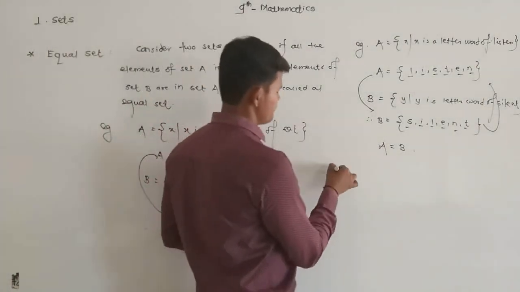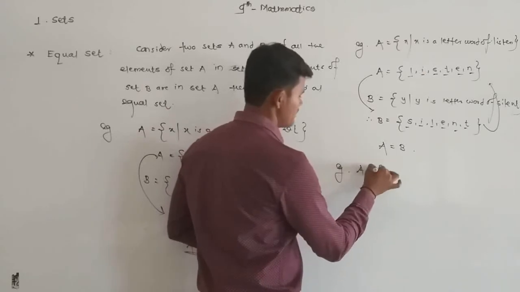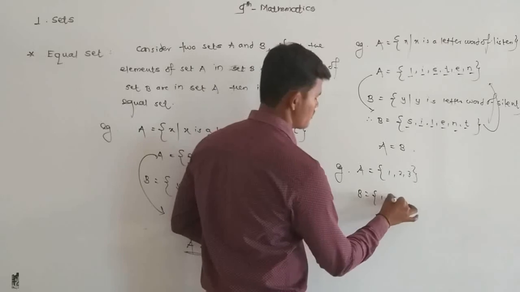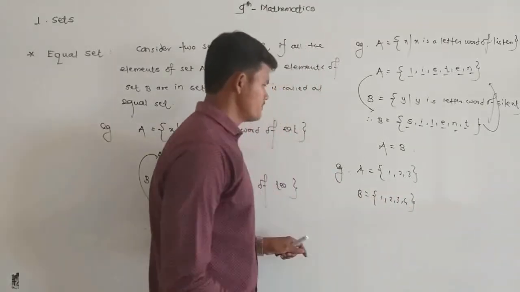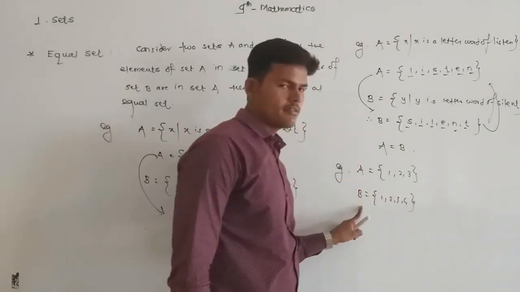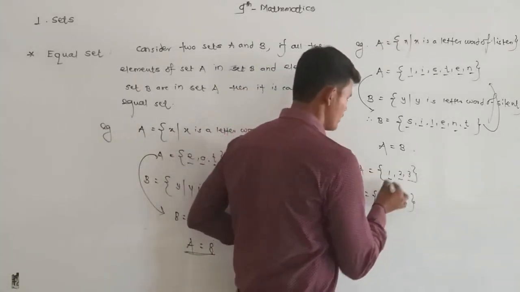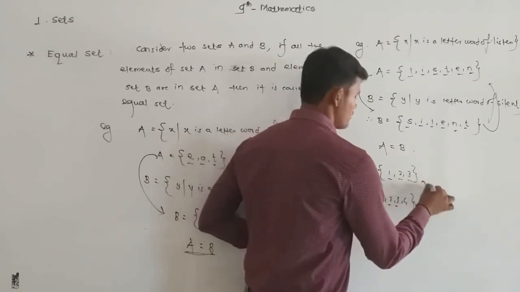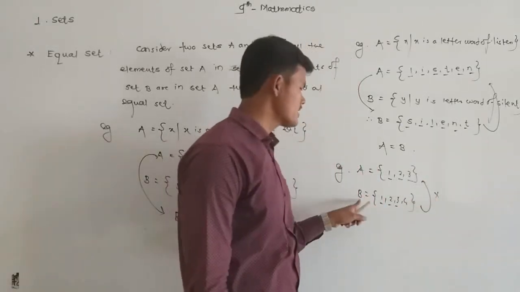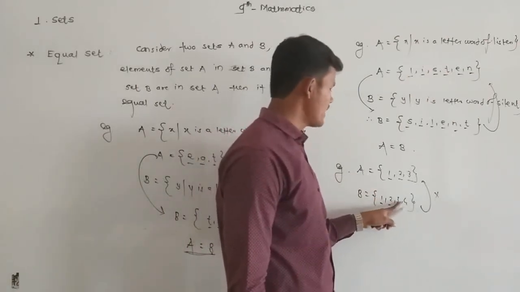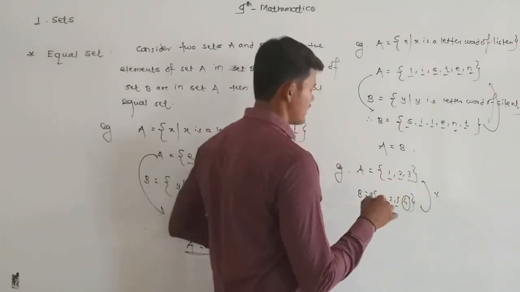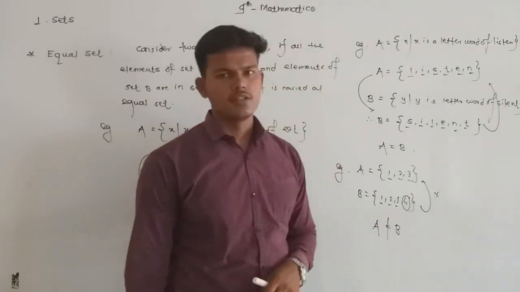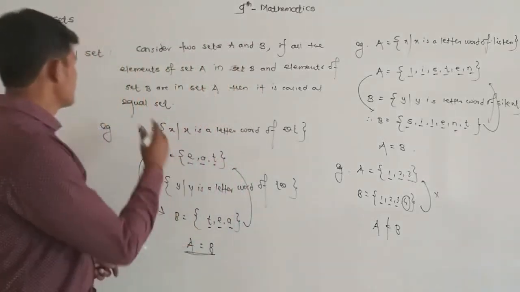Let's take another example. If set A contains 3 elements, 1, 2, 3, and set B contains 4 elements, 1, 2, 3 and 4. So, set A मधले सगळे elements हे B मध्ये present आहेत. 1, 2, 3. But all the elements of set B are not present in set A. म्हणजे B चे सगळे एलिमेंट आहेत की A मध्ये पण 1, 2, 3 आहे, पण 4 हा एलिमेंट A मध्ये प्रेझेंट आहे का? नाही. That means set A and B are not equal sets. So this is what an equal set is.